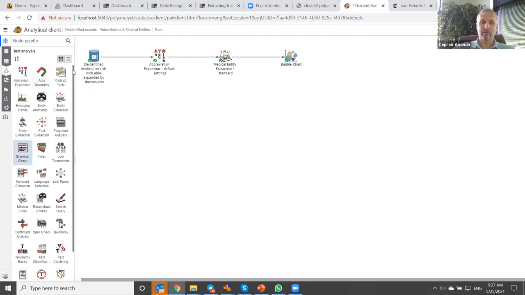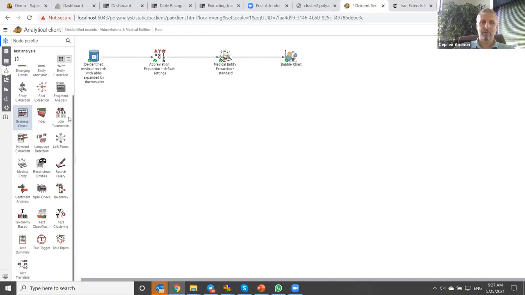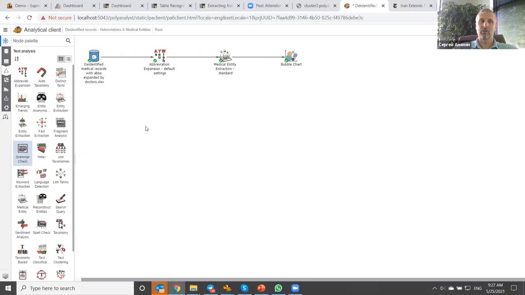And Art mentioned a couple of them. I will demonstrate how they work, but there is a large selection. PolyAnalyst can solve tasks of clustering, classification or categorization of documents. We can extract entities and facts, and we can do sentiment analysis. We can create summaries of documents, compare documents, identify anomalies, and detect emerging trends.